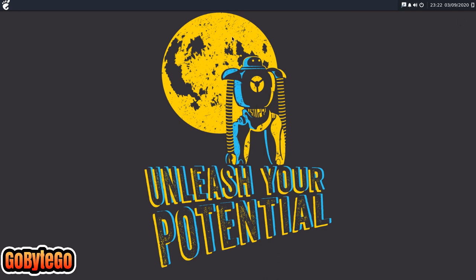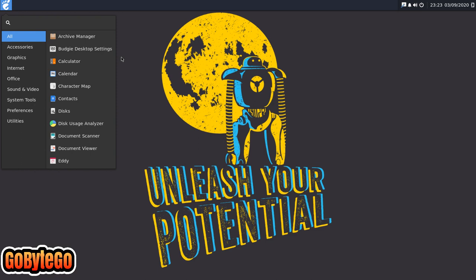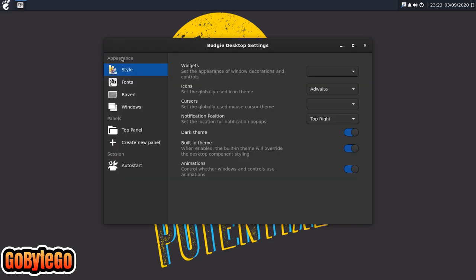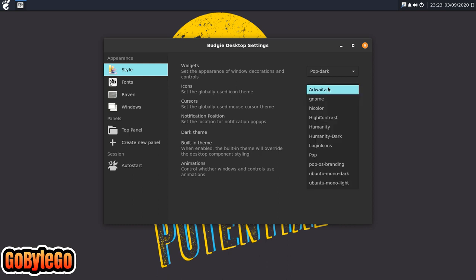Okay, and now this is probably the ugliest out of the box Budgie setup ever, but we're going to change that right now. So first things first, let's go ahead and go into our Budgie Desktop Settings. For widgets, we're going to use Pop Dark, and you'll see it'll change. There it is. For icons,